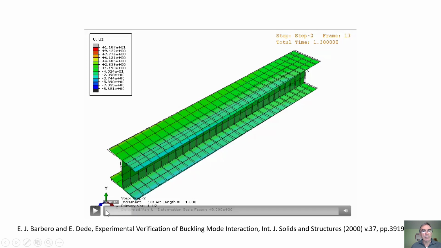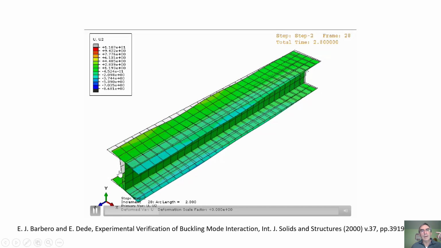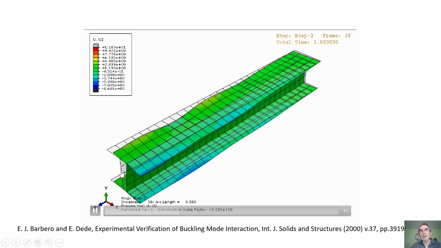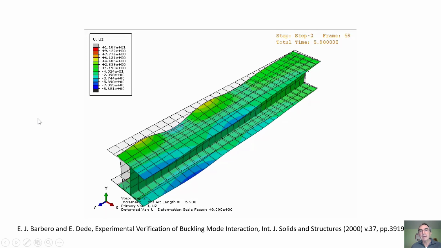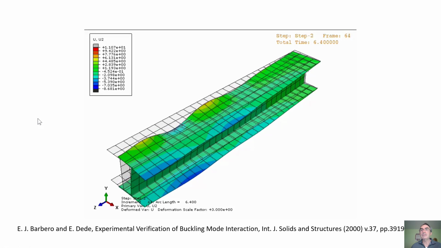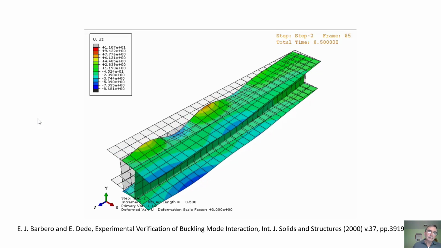So we go here, and we continue. And you see, it tilts, and then it starts to separate from the undeformed. I left the undeformed there so you can see. So it starts to separate, and that's the Euler mode. Now, when the Euler mode starts to happen, the local mode is severely magnified over here, and that is buckling mode interaction. And that's what is going to control the load capacity of the column for a slenderness more or less close to 1, between 0.7 and 1.4 in that region.